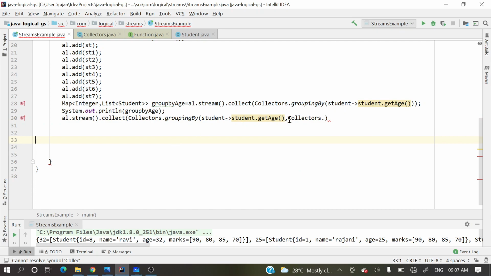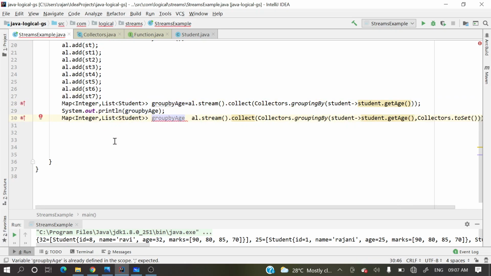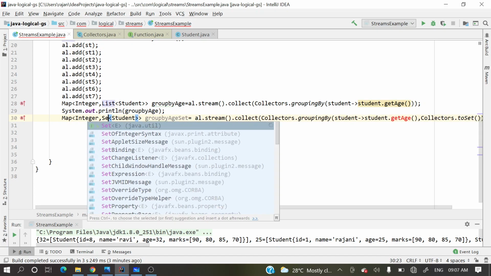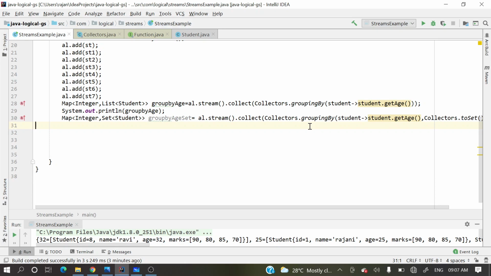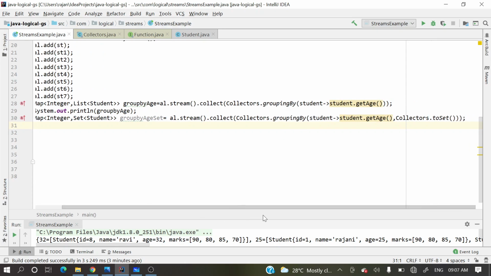Okay, sorry, no worries, toSet. Here you can perform different reduction operations. I will show you different examples as well. groupByAgeSet. Okay, it will give us an error because it is not a list of student, it is a set of student. Okay, now we are able to hold this, right?